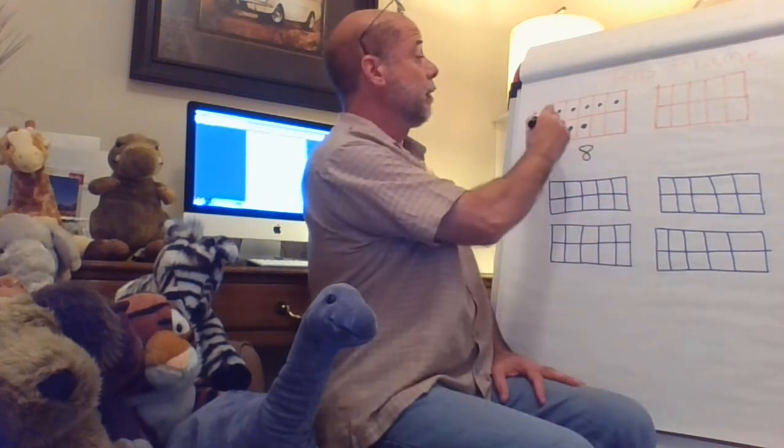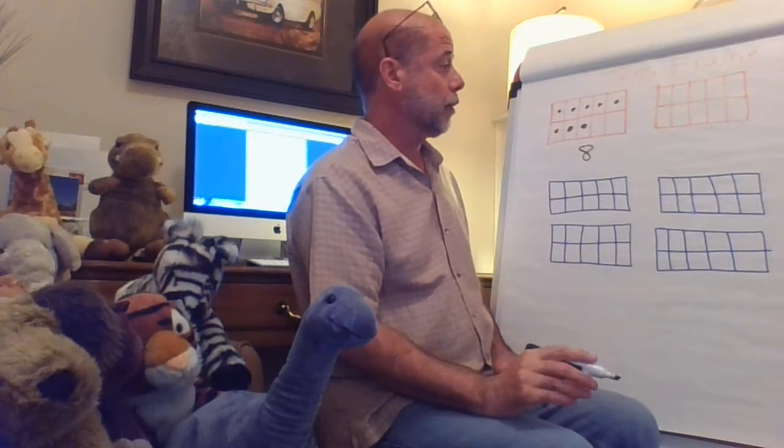So it's easy for me to look at this tens frame and know that it is 8 because 5 is on the top. If it's filled in on the top, it's automatically 5. And then the bottom, there's 3 more. So I just start at 5, 6, 7, 8. Okay? What if we had the number